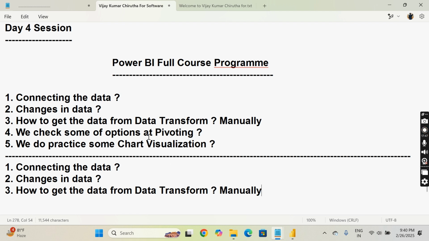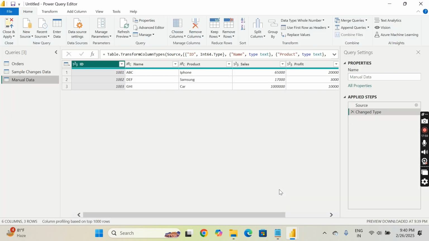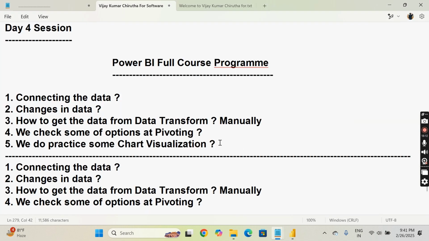The next one, the fourth option, is to check the some options at pivot. In the pivot we have checked that one, right? Changing the modifications, data type changes, and removing the rows. We have seen that one. Applied steps tell you the information about what changes we have made there. And the last one of our goal is,